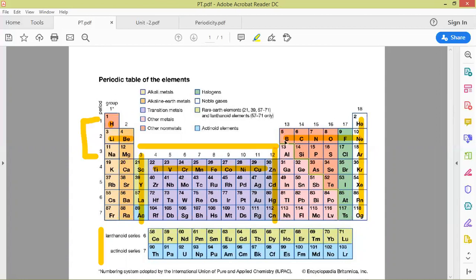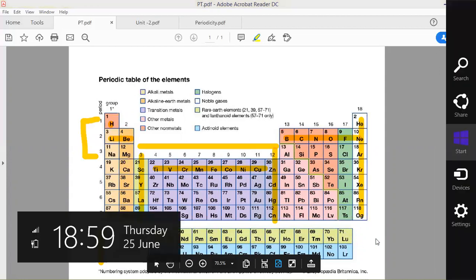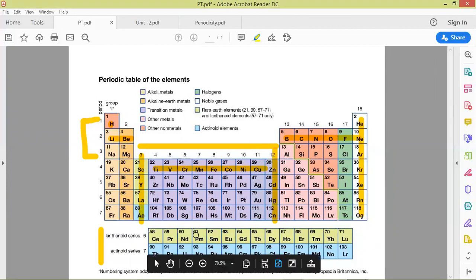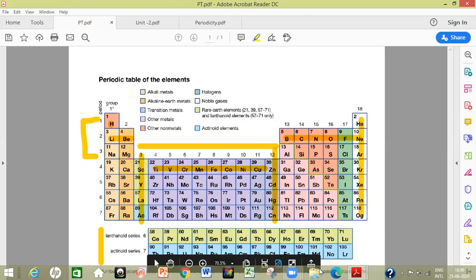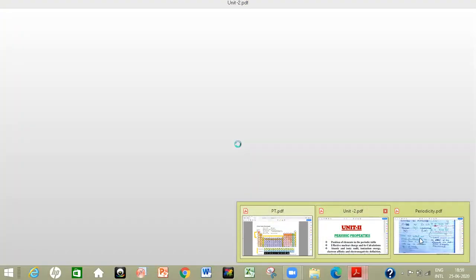And for the P subshell the maximum capacity is 6 electrons, so there are 6 groups which are part of the P block. In case of F block elements, 14 electrons can be added. That means there are 7 orbitals which are part of the F subshell. So a total of 14 electrons can be added, so there are 14 small groups which belong to the F block of the periodic table.